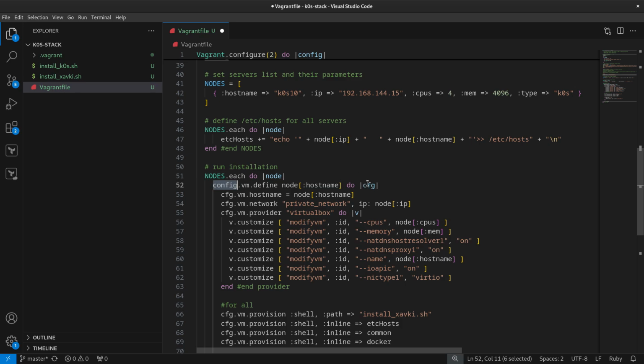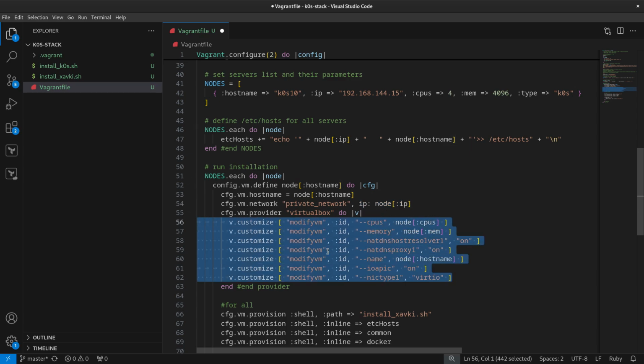So this is a loop in a loop with cfg, and in cfg we set the hostname. This is the VM, set to VirtualBox, and the node name, the IP, we set the IP of our server, and some specifications about our server, for example, CPUs, memory, and some tricks here to provision faster.